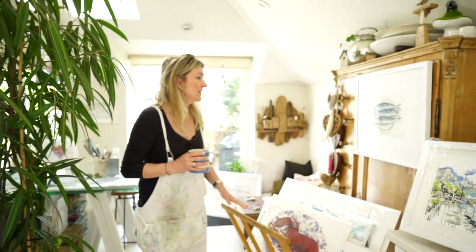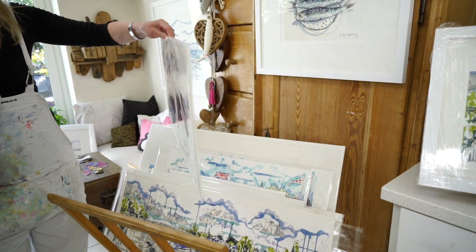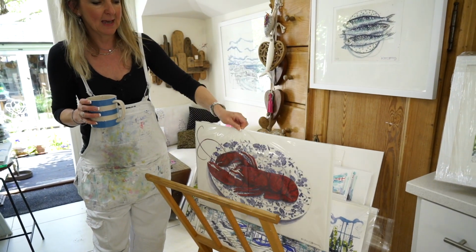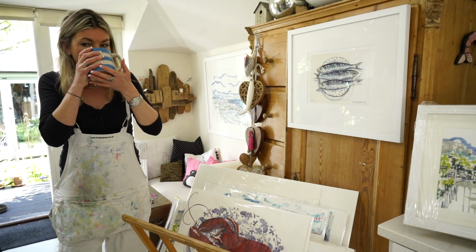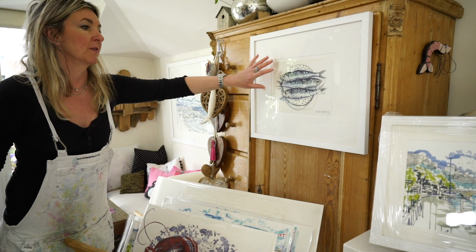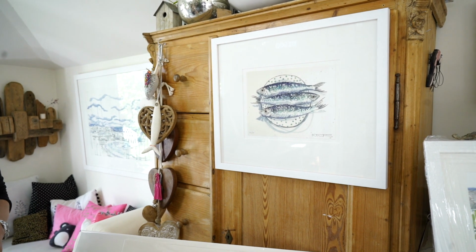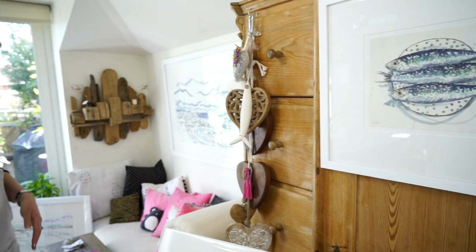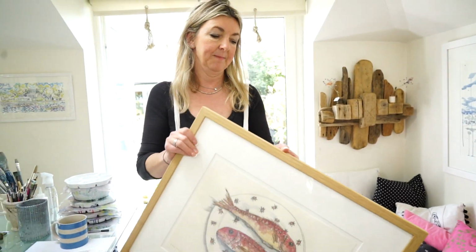Okay, moving through. So a little rack here. This is all my wrap prints. This is what a wrapped print looks like, ready to frame, with the certificate of authenticity on the back. So when I say wrapped or rolled, that's what they would look like. This is a framed version of the wrap piece, so you can see the edge there. That's a new Sardines piece, Three Sardines Number 2, that one's called. And over this way, one of my early pieces here, this is Red Mullet